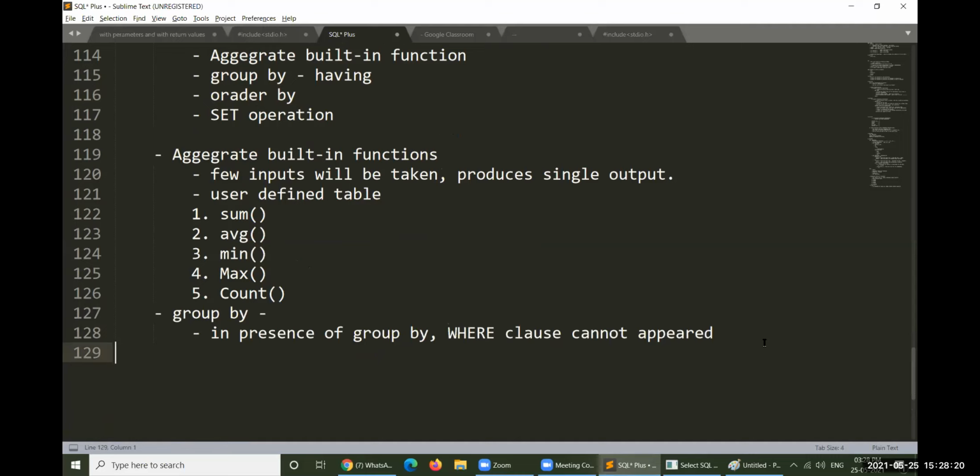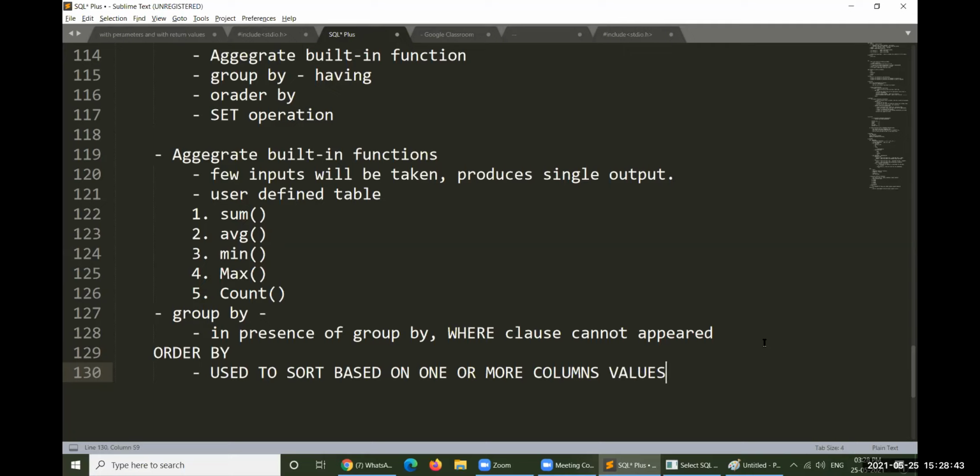One condition is there while we have to operate order by. So the order by clause will be used to sort based on one or more columns' values. Based on this, it could get sorted.